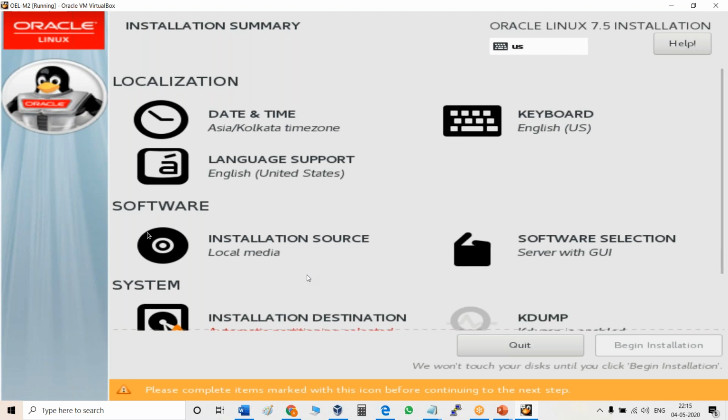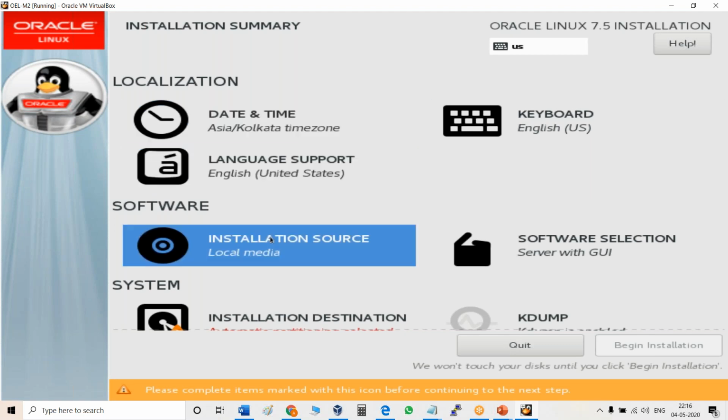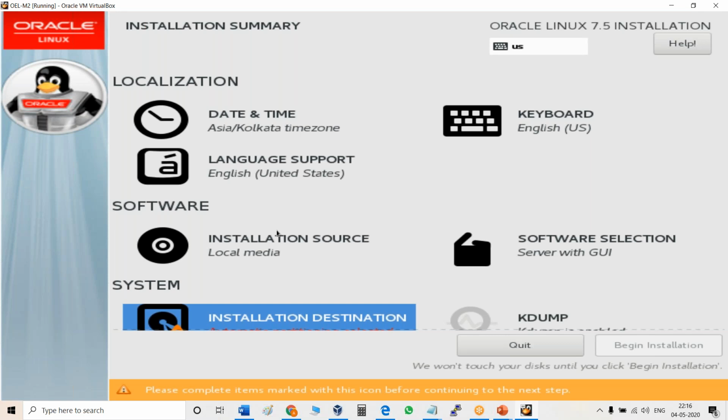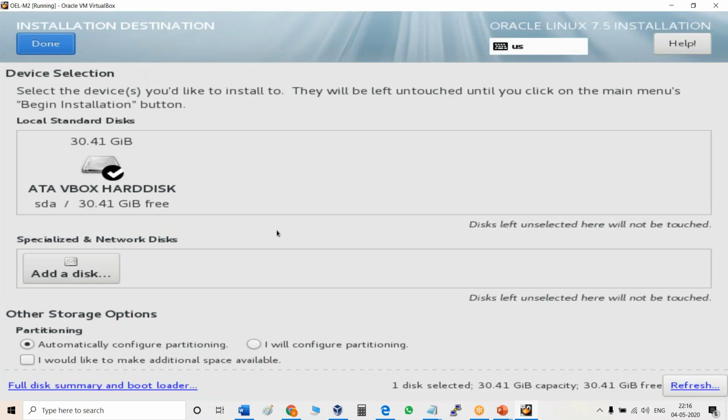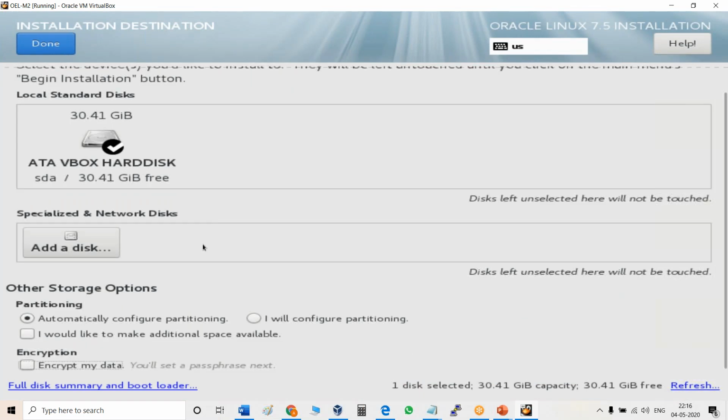So see, now it's done and it's highlighted. Now come to installation destination, and here choose I will configure the partition.